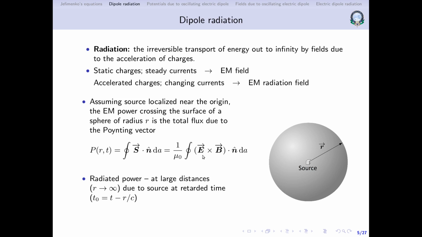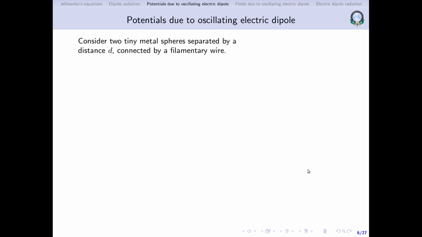But if we consider the term where E varies as 1 by r square, then that 1 by r square will give us 1 by r to the power 4 times r square, right? 1 by r to the power 4 into r square will give us 1 by r square. So as r tends to infinity, that term is going to become 0. So it is only that 1 by r term that is going to survive at very large distances. In dipole radiation, this is what we are interested in. So keeping this in mind, we'll move forward.